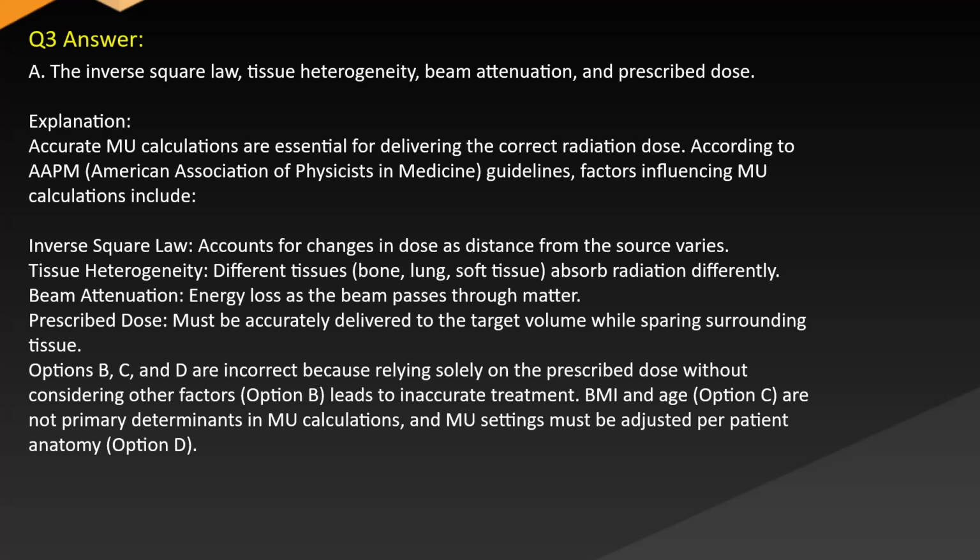Answer A. The inverse square law, tissue heterogeneity, beam attenuation, and prescribed dose. Explanation. Accurate MU calculations are essential for delivering the correct radiation dose. According to AAPM, American Association of Physicists in Medicine, guidelines, factors influencing MU calculations include inverse square law, which accounts for changes in dose as distance from the source varies; tissue heterogeneity, where different tissues, bone and soft tissue, absorb radiation differently; beam attenuation,